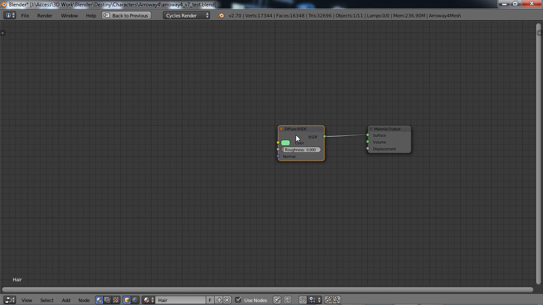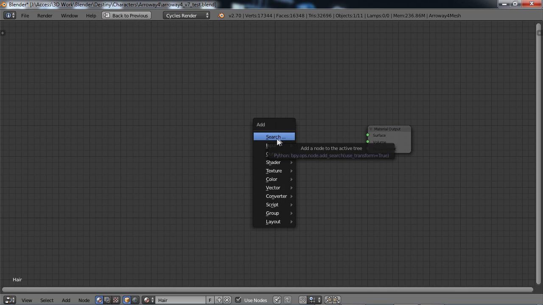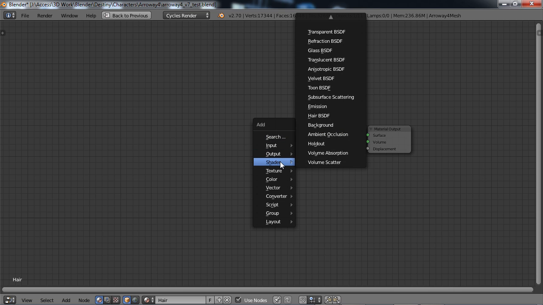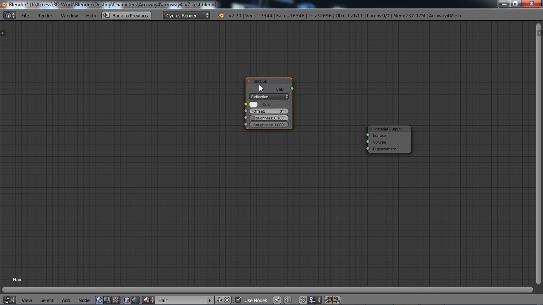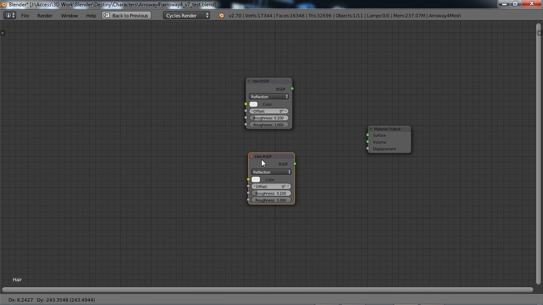So to start out with, I'm just going to X-delete the diffuse node. Shift A, I'm going to add and go to shader, and we now have this hair shader. So I'm going to choose that, and I'm just going to duplicate this hair shader. Shift D, bring another one down here, because it has two settings. One is the transmission and one is the reflection. So I'm going to make this one the transmission,